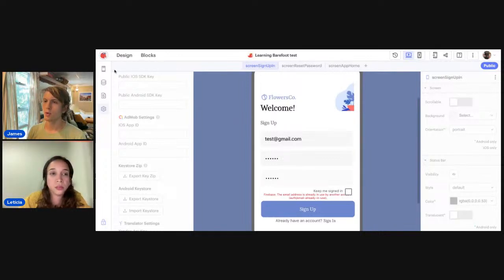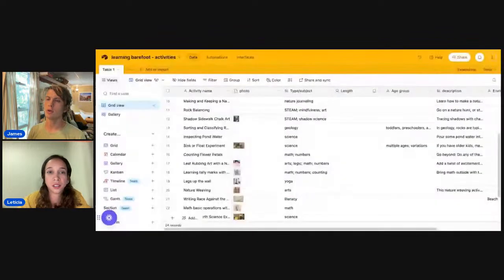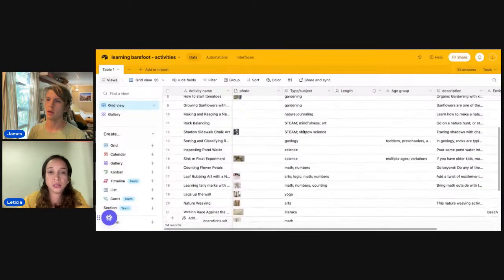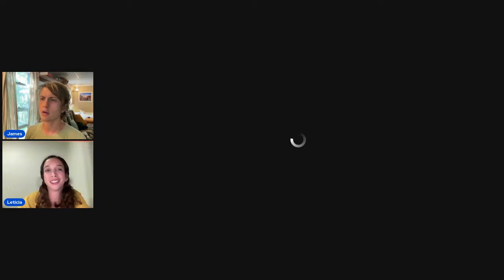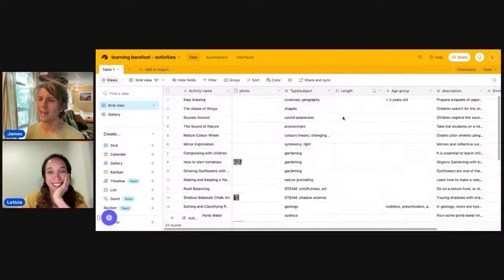We want to add a data source. Do you want to show the Google Sheet that you have so we can see what the data looks like? I just made sure to fill it enough for us to test. Let me. I forget that I had to change the screen I'm sharing. If you're using Chrome and you make a new tab, just use the share button to share the screen instead. Oh yeah, that happens to me too. Cool.